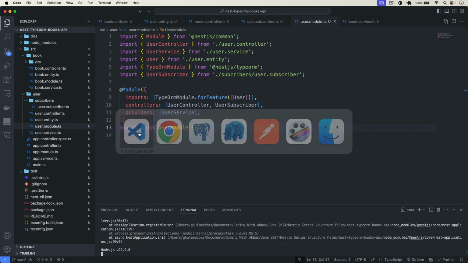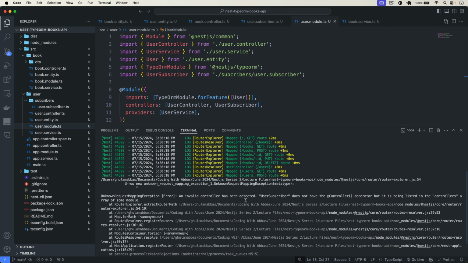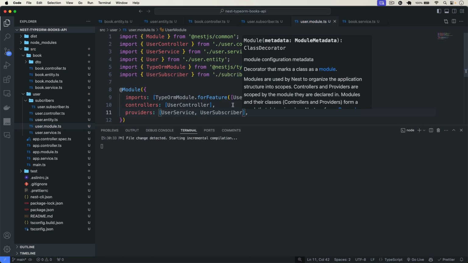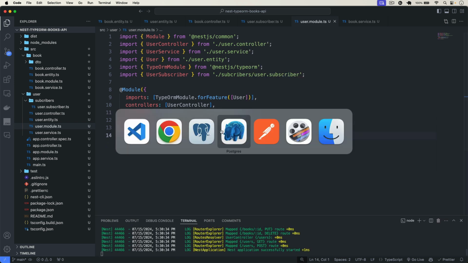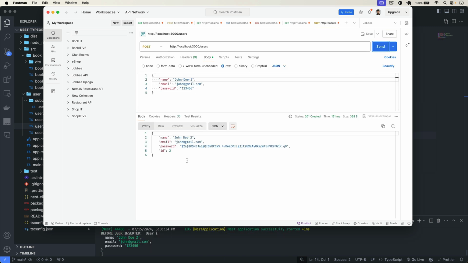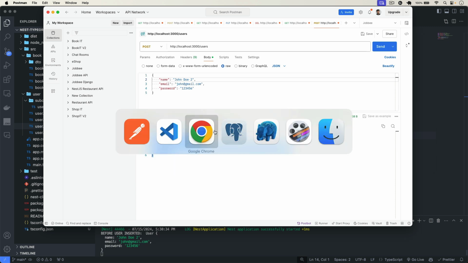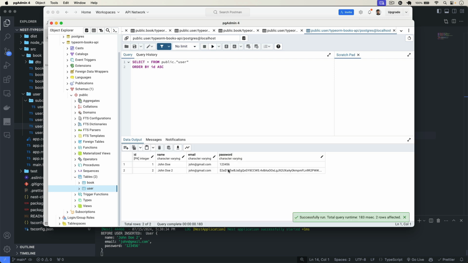Now let's go back. We have the error. Invalid controller has been detected, UserSubscriber. We have to provide that in the providers, not basically controllers, right here. Simply save it, and now it is fine. Okay, so now let's go back to the Postman and register a new user like John Doe 2. If I click on send, so now you can see that the password is hashed. Now if I go to the database in the pgAdmin, refresh, now you have in here this user that has